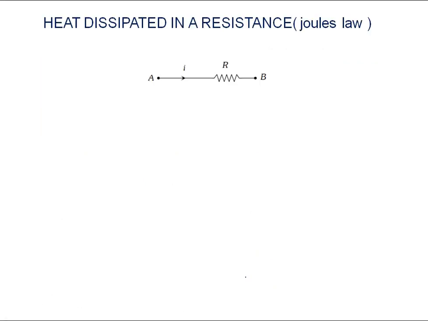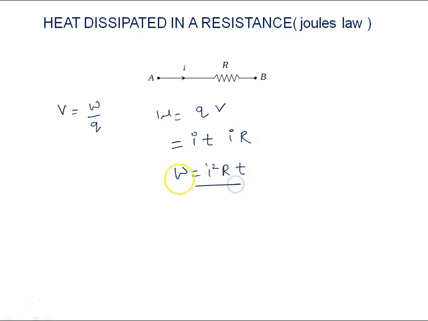Now Joule's law, I think we have discussed it in class 10th also. Again I will write here. I think this circuit is known to all of you. There is a resistance, and current I is flowing. V is written as W by Q, and work done is written as Q, the charge transferred at the voltage difference V. Q equal to IT, V equal to IR. We solve it, and you will get I square RT. And according to Joule, this work is converted into heat. So heat is I square RT joules.